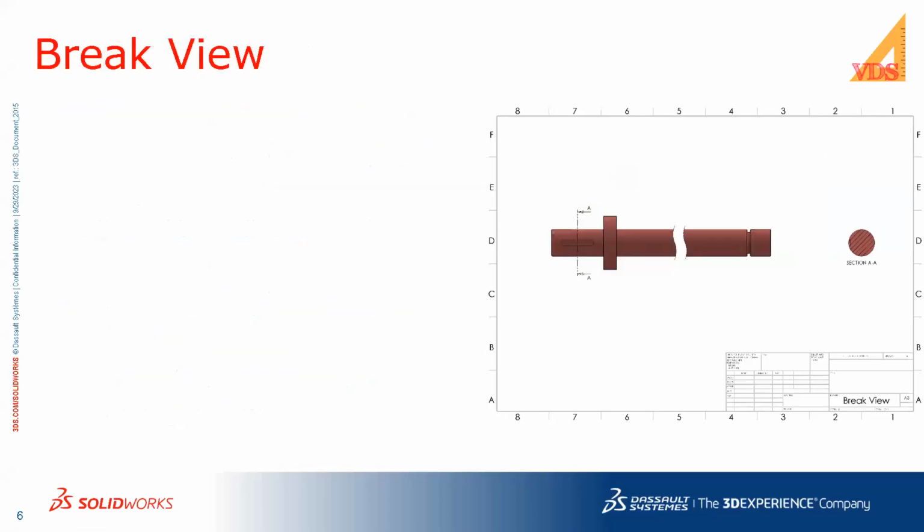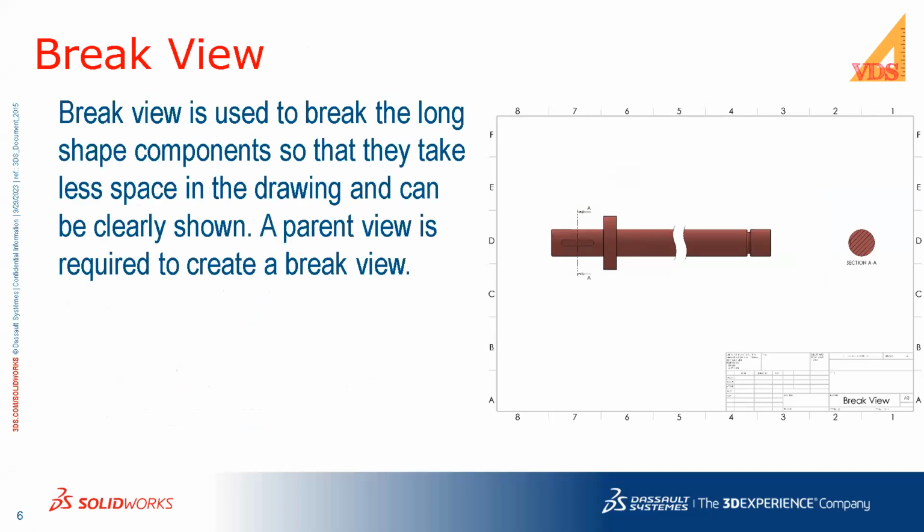Next one is a break view. Break view basically means breaking a view at a defined location. Why do we need a break view? Break view is generally used for cylindrical components which are longer in length as compared to their diameter, and when we put their views on the